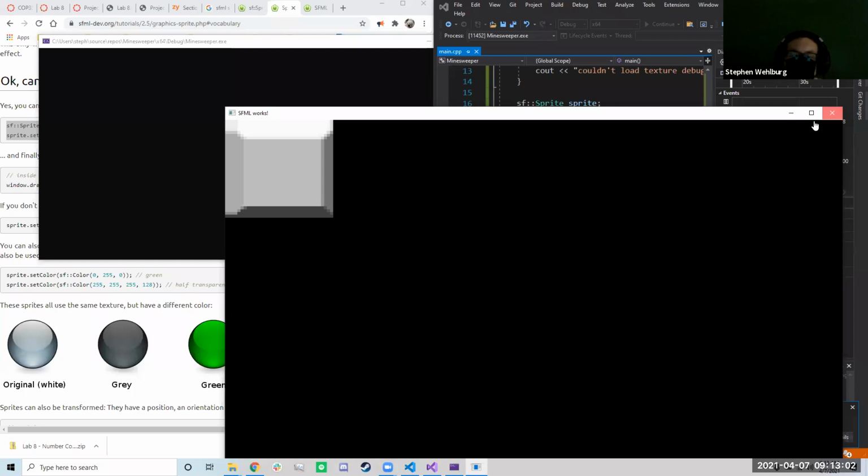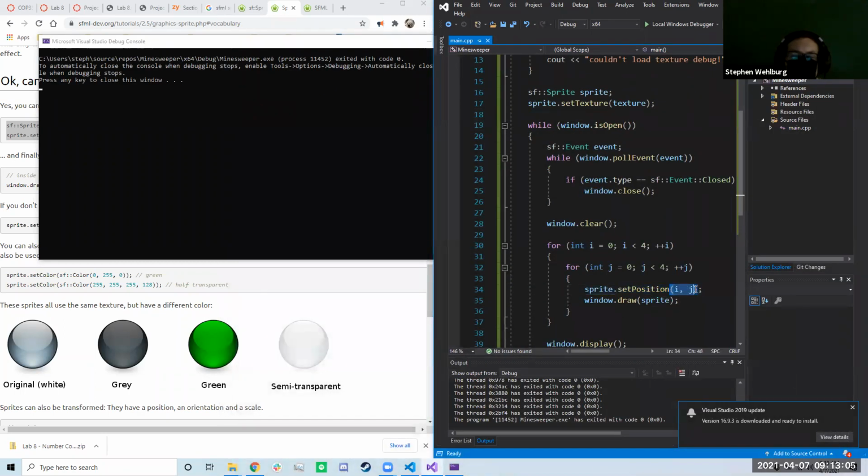The reason why I drew them on top of each other is because when I did set position i comma j, that is relative to pixels. So position is relative to pixels. It does not know that we're trying to draw tiles. SFML is a very generic thing. It lives its best life. It does everything relative to pixels. And so in order to actually draw them so they look adjacent to our eyes, we need to know how big they are pixels-wise, the height and width. Spoiler alert, it's 32 pixels. I think it talks about that somewhere in the document. But if we do times 32, and times 32,